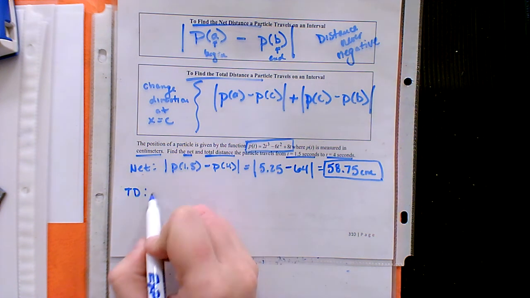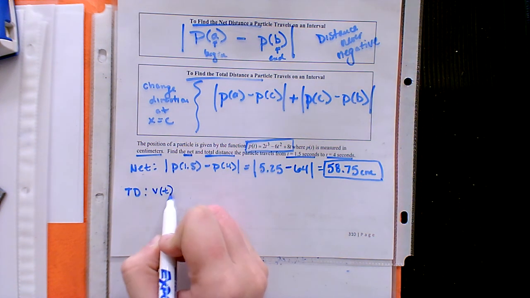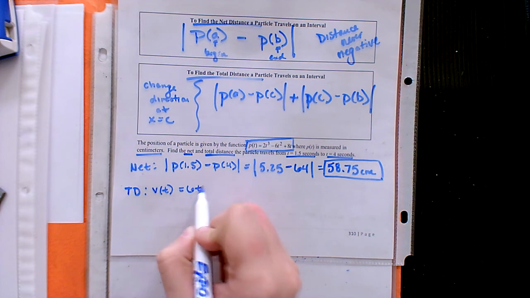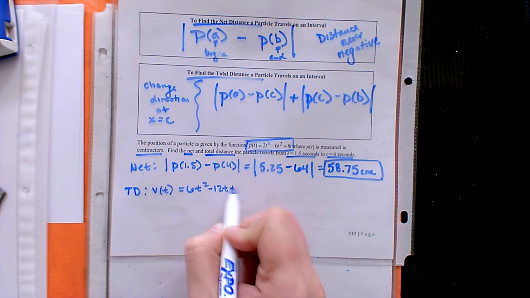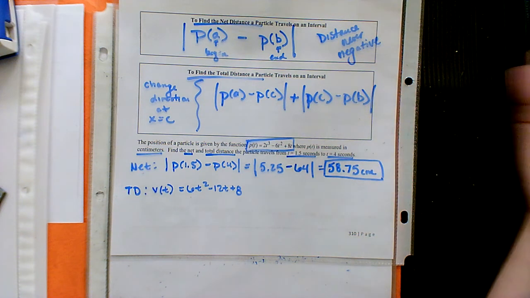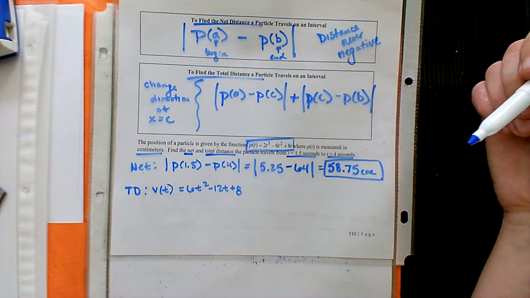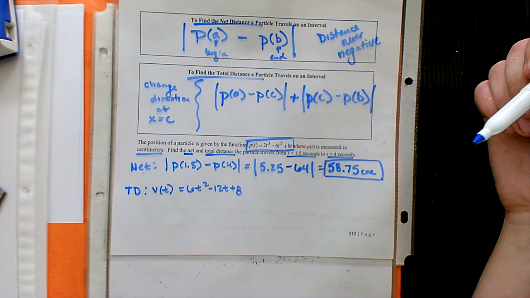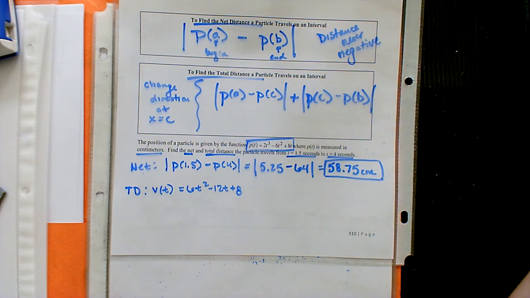Okay, if we take the derivative of position, that would be velocity. So 6t squared minus 12t plus 8. And what's the velocity if we're changing direction? If you're moving to the right and then you have to change moving to the left, it's 0, right? Because don't you have to momentarily stop? Because you're only moving left or right or up or down. So you have no choice but to stop. It's not like you're going around a bend. Okay, that's something completely and totally different because you're only going in a linear path.